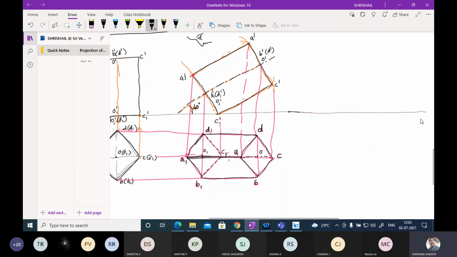Please carefully understand. Now what I'm doing is, I'm taking a line at an angle of 45 degree. I have taken a line at an angle of 45 degree. I am telling you a very simple method. Mark the point C here and mark the point A here, and measure A to C, mark over here C1, and measure this length C1A1, that will be equal to CA. This I am going to mark here, it is A1.